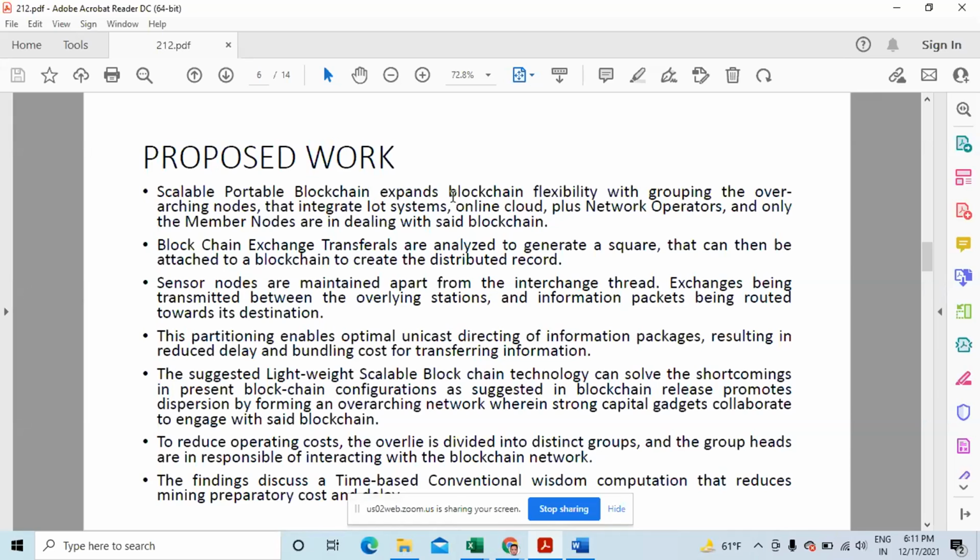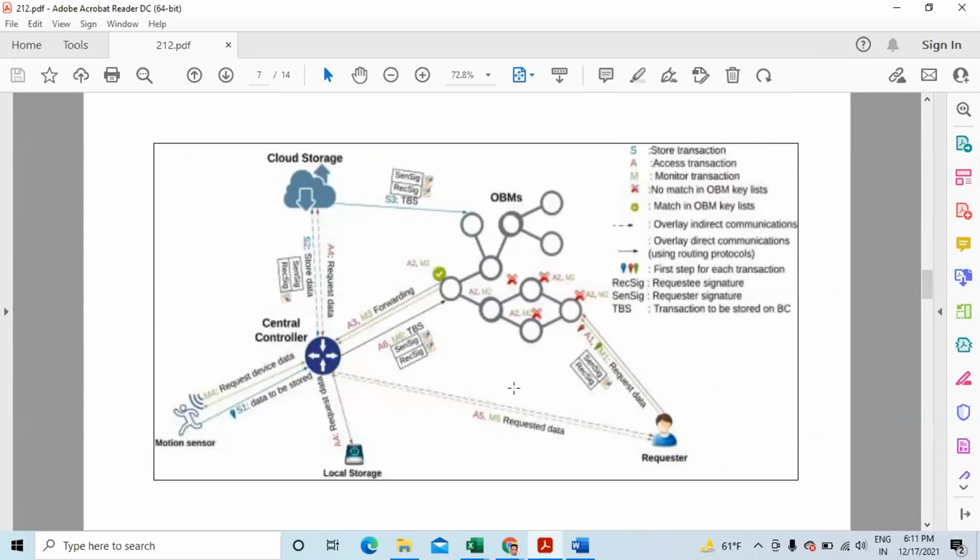So this has suggested that it can solve the shortcomings in the present configuration. To reduce your operating cost, we have basically divided the overlying architecture into distinct groups and group heads. Our findings have discussed a time-based conventional wisdom computation that reduces your mining preparatory cost and delay. So this was the proposed architecture that we have given, where the cloud